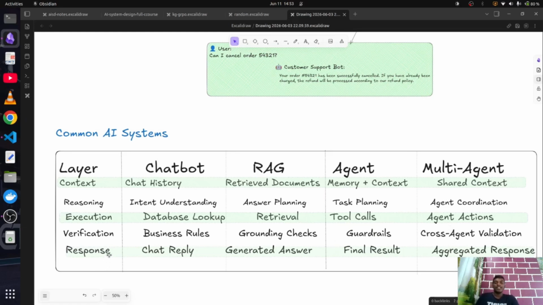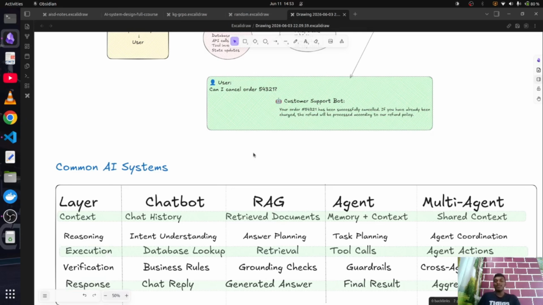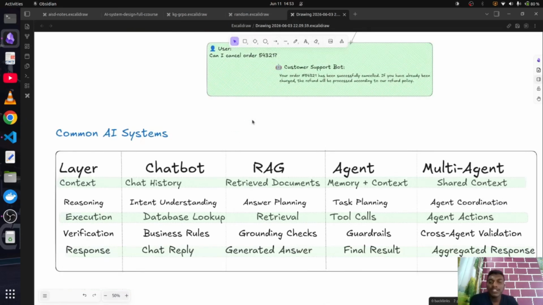And the final part, the response, basically the most important part, which can be seen by the user to judge. For a chatbot it's the chat reply, like what we see. For RAG it's the answer generated with the documents retrieved. So if I ask a query considering a whole book, then we get a one-line or two-line answer. That whole generated answer is produced through the LLM, and that's the actual response, the output of the RAG.